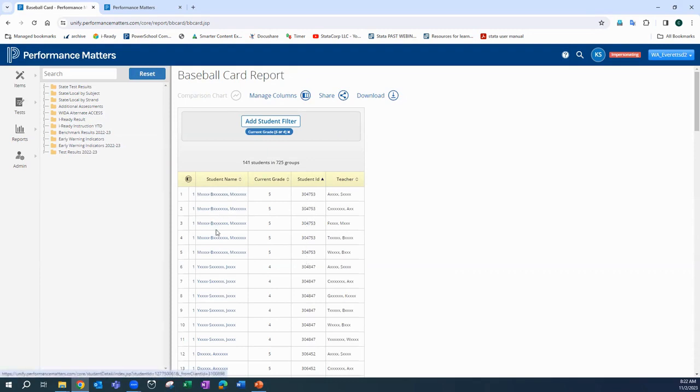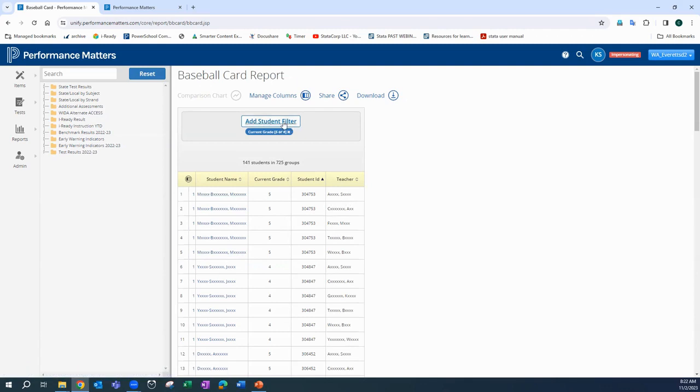And that's because this student is in here 5 times. I put in a column for teacher, and this student has 5 teachers. That's problematic because I don't want them to have 5 copies of the same report. So what I'm going to do to narrow this down so I get 1 line for each student is I'm